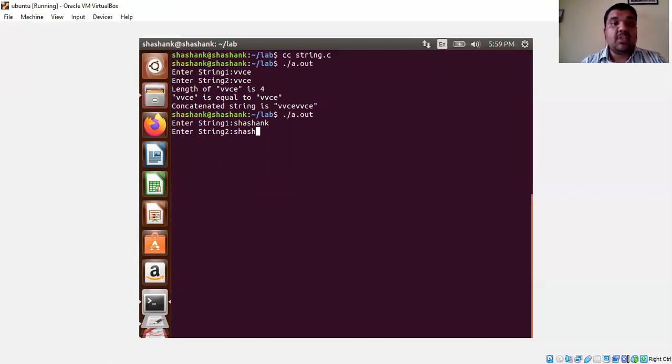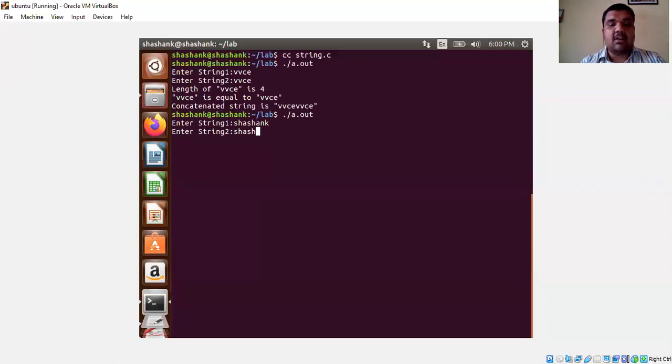Next one, string 2. Now perform the comparison operation. That means up to ASCII value of H, there will be no difference. We will be getting 0 only. Now see there, from A and K, from positions 6, 7 and 8, there are no other characters. So the function is going to stop its execution at position A only, because after H, we have 3 null characters.